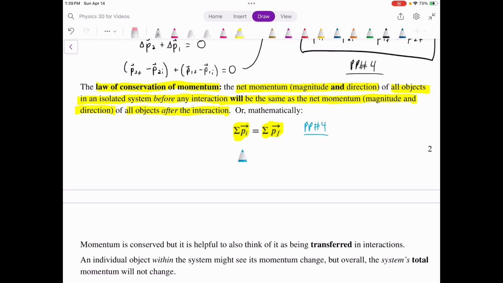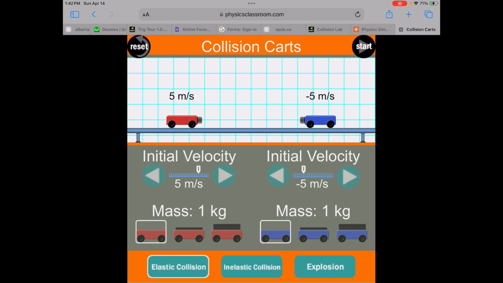And then we can think about, okay, so how many objects are there? How many do I need to add up initially? How many objects are there afterwards? How many do I need to add up? Then we can break it down and focus on what we know, what we don't know, and what we can find, okay? But this is where we are going to start. If you're ever asking a question like, what formula do I use? If it's a conservation of momentum calculation, the answer is always going to be that, right? Total momentum initial equals total momentum final will be our starting point for 99% of these types of problems and analyzing these situations. Okay, so we'll jump into that a bit more in the notes here in a second,